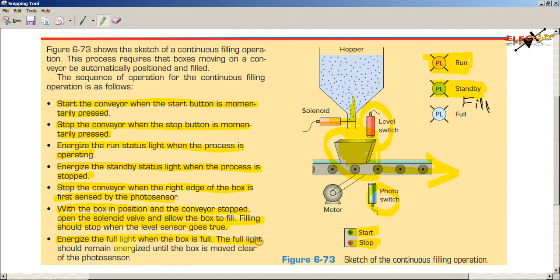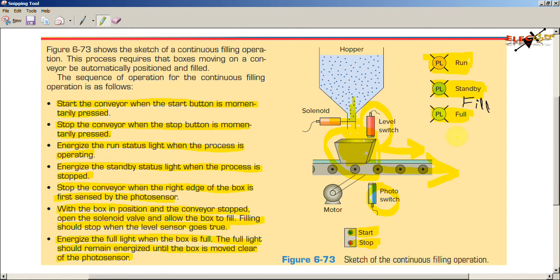The full light should remain energized until the box is moved clear of the photo sensor. Here once the box is moved in this direction, it should clear the photo sensor path, so that this full light will be energized. So here this pilot lamp will be energized.